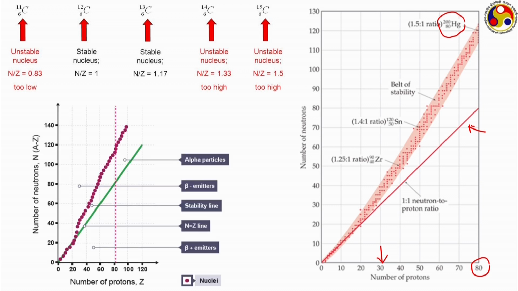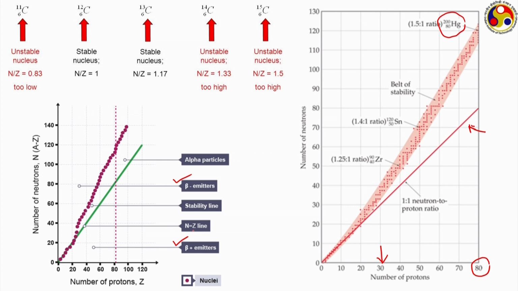Just a similar graph, but instead of that orange band, we have a brown colored line here. The elements which have an N by Z ratio higher than this, that is more neutrons compared to the protons required for the element to be stable, are beta emitters, or they go through beta decay kind of reactions, whereas the elements which have a low N by Z ratio, that is more protons compared to the number of neutrons, go through a beta positive emission,